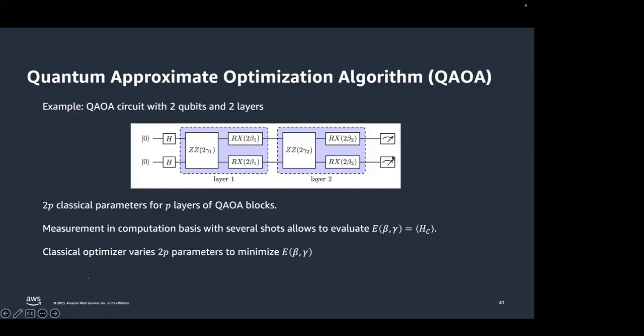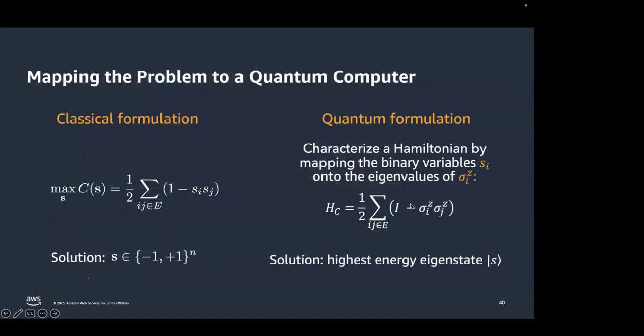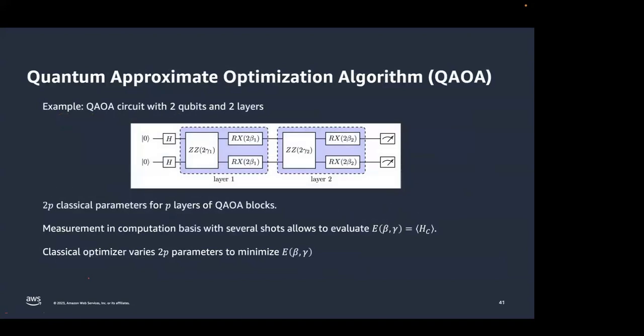And then there is some output. So the idea is that these gates work on this initial qubit, and when we measure at the end, we measure the expectation value of this operator Hamiltonian HC. Okay, so I don't want to go too much into detail of the mathematics of this, because that is not really necessary, and that will require a completely separate session on its own. But the takeaway point is basically that we build